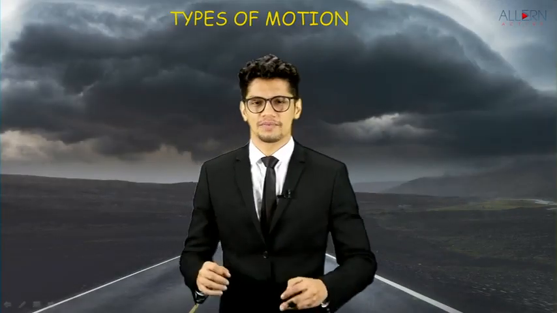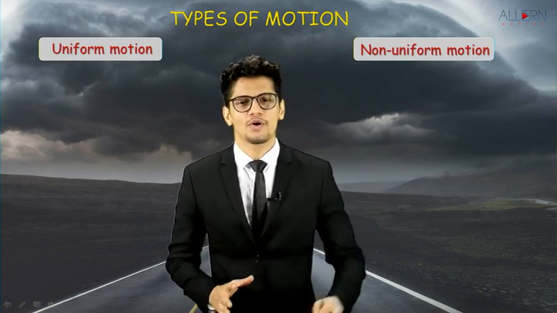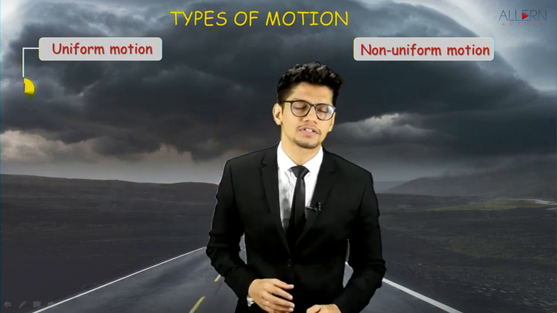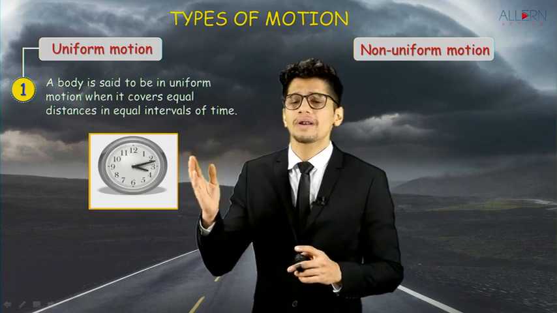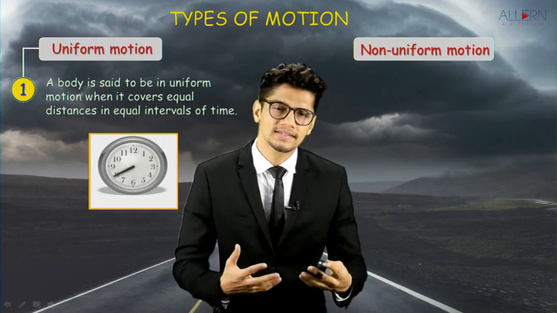Types of motion. We have two types of motion with us, that is uniform motion and non-uniform motion. Now what is uniform motion? Let us see the definition first. The definition says a body is said to be in uniform motion when it covers equal distances in equal intervals